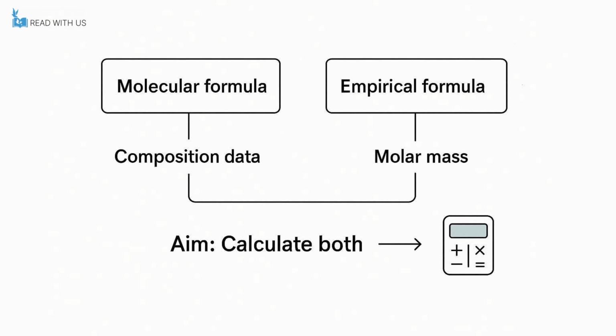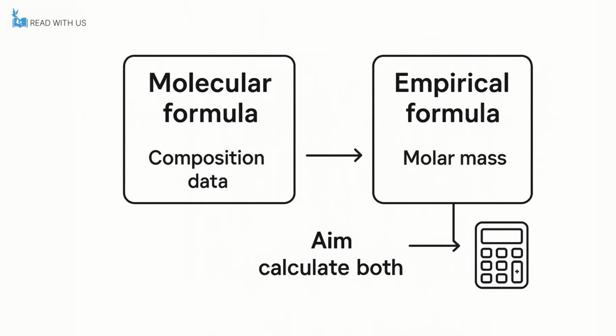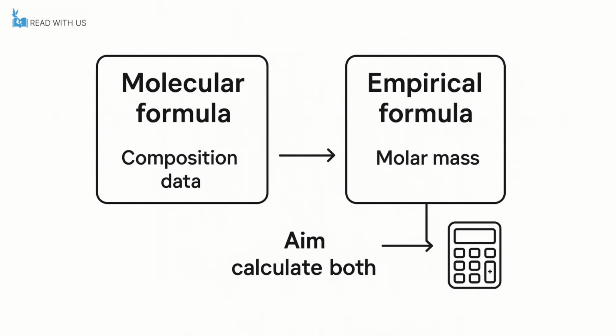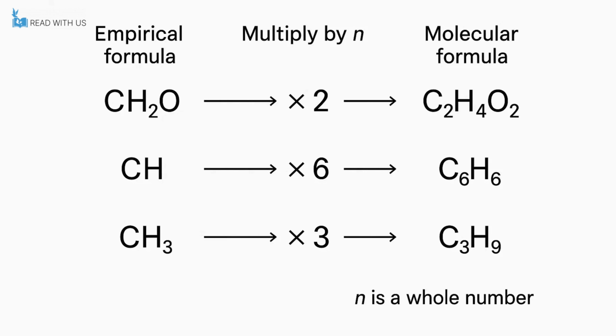This lesson explains molecular formula and empirical formula and shows how to calculate each from composition data and molar mass. The molecular formula of a substance states the actual number of atoms of each element present in one molecule. The empirical formula of a substance shows the simplest whole number ratio of the atoms of each element in the compound. The molecular formula is always an integer multiple of the empirical formula, where the multiplying number is a whole